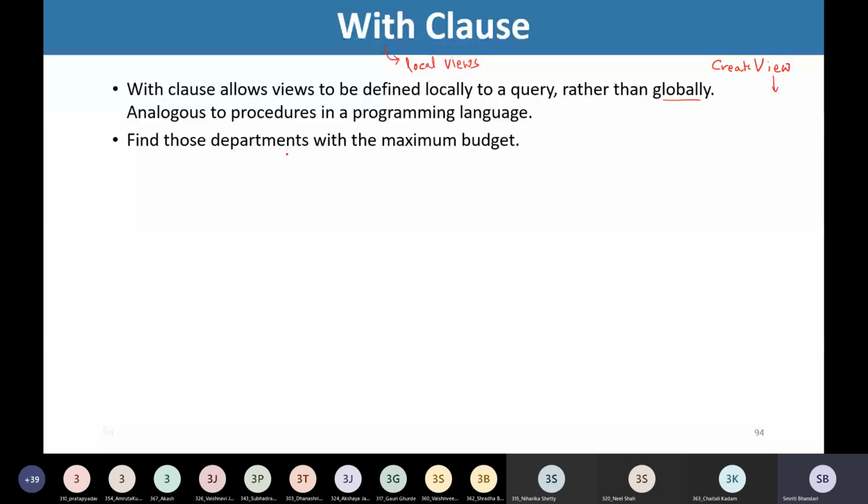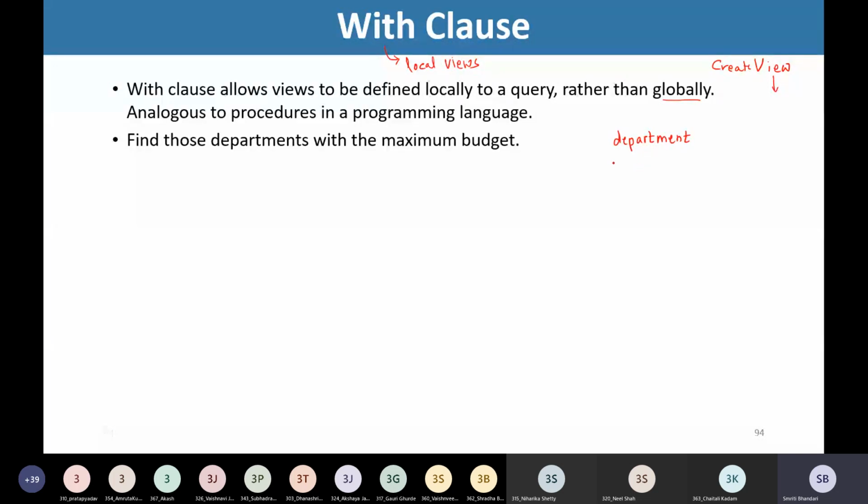What we want to do is find those departments with maximum budget. We want to find the departments with maximum budget. So please refer to your university schema. We have the table known as department.